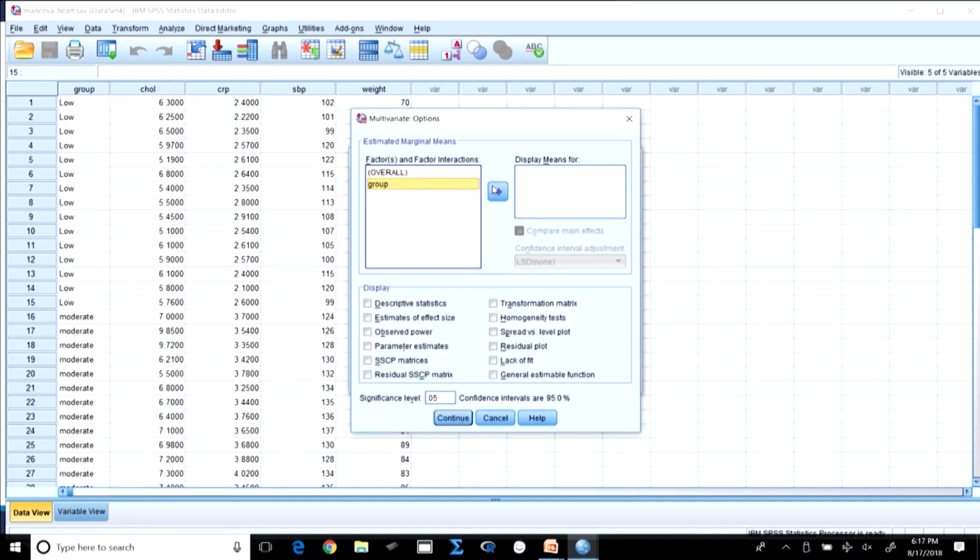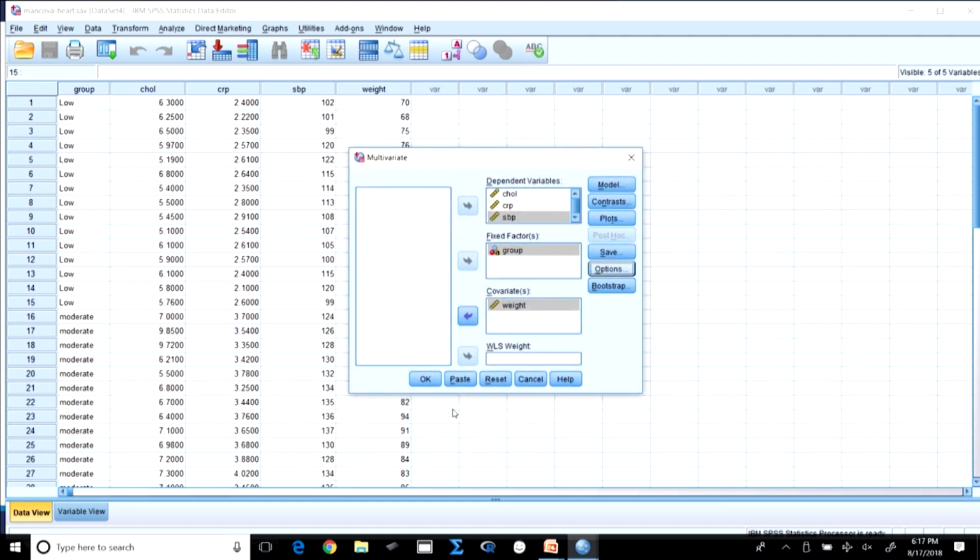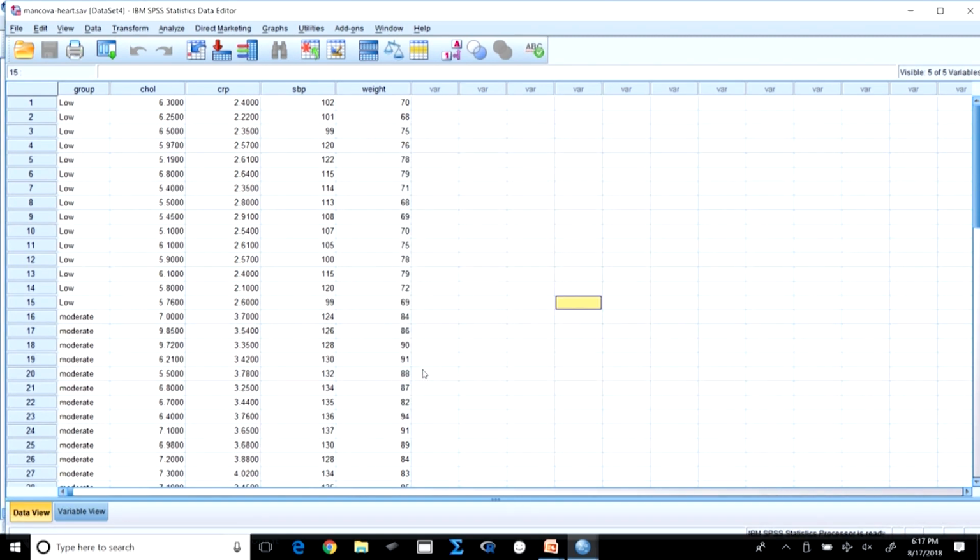I want to see the group means and compare the main effects, right. You can use Bonferroni, or if you keep LSD, it does not make much of a difference because your sample sizes are not large. Bonferroni actually takes care of that small sample size, it adjusts for the differences. But if your sample size is good enough, then you can go for even Sidak or LSD, right. And even observed power, if you want, you can take. So, this is all, now let us run.